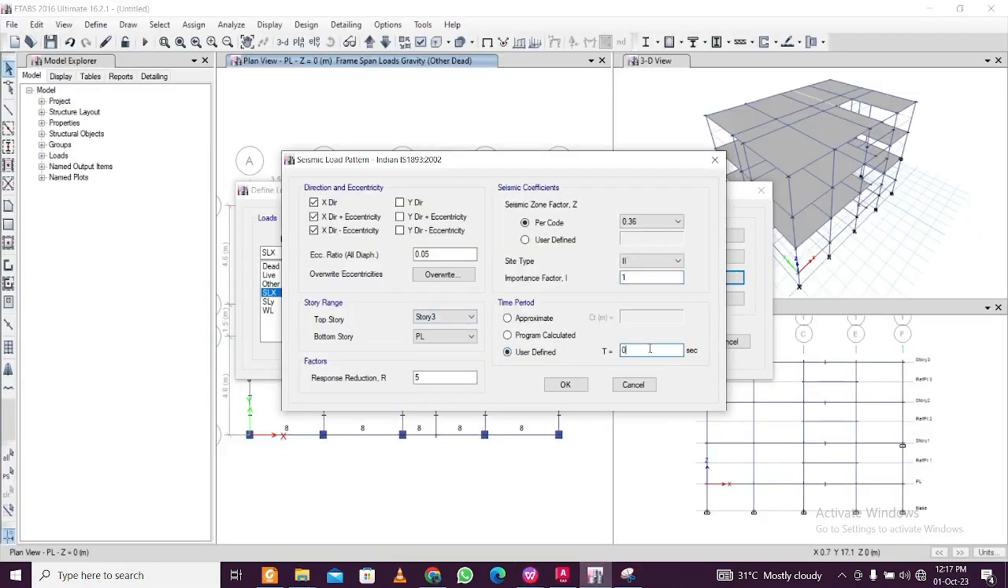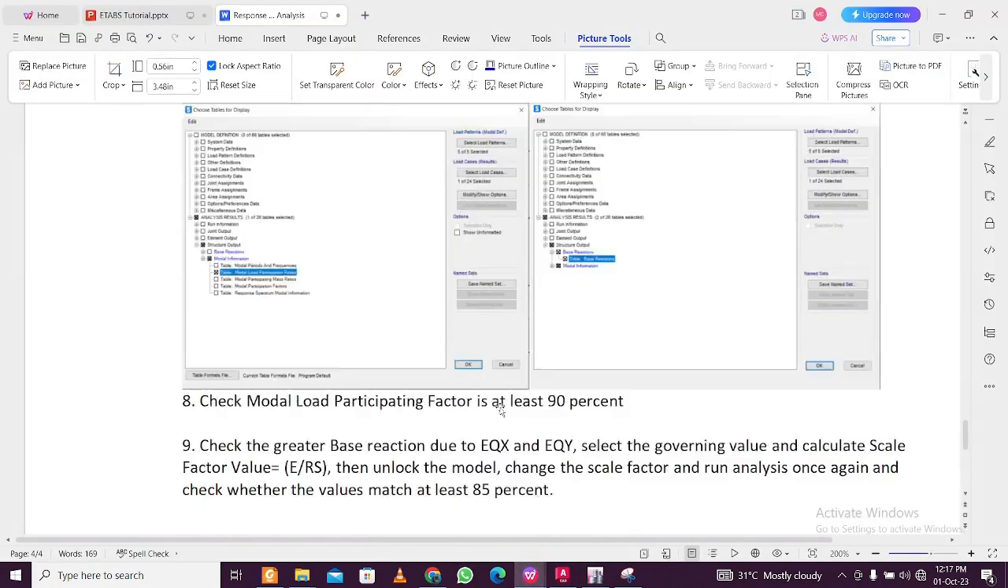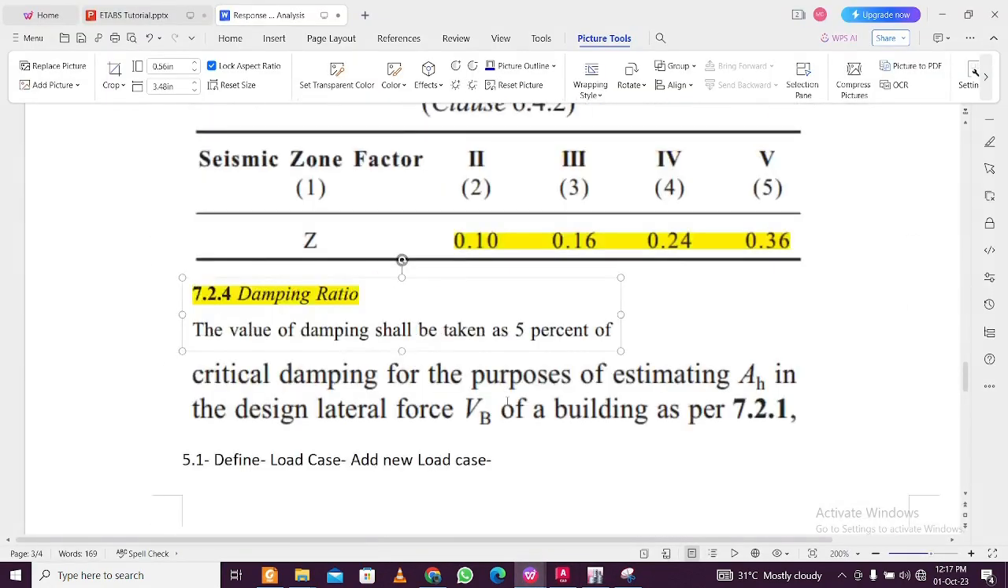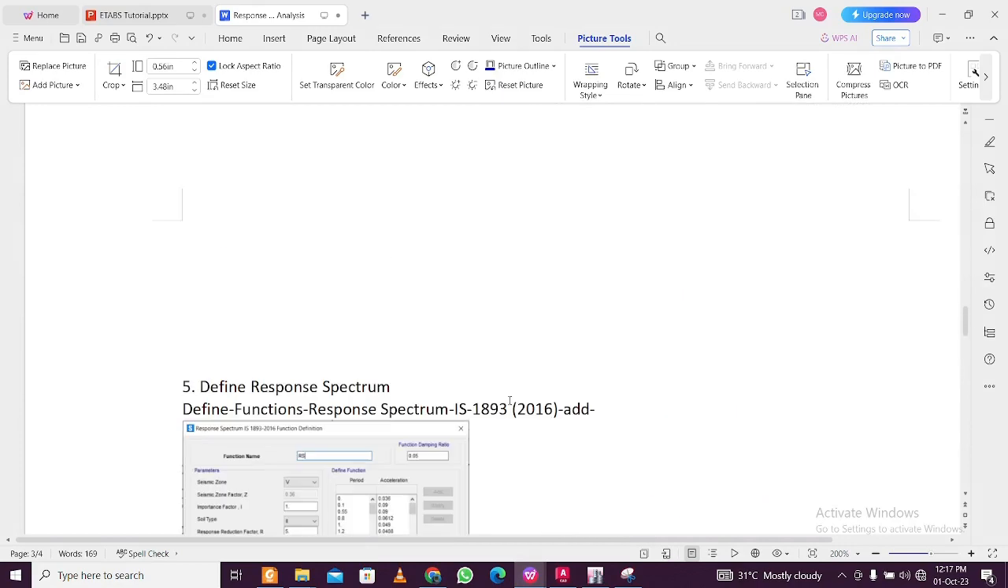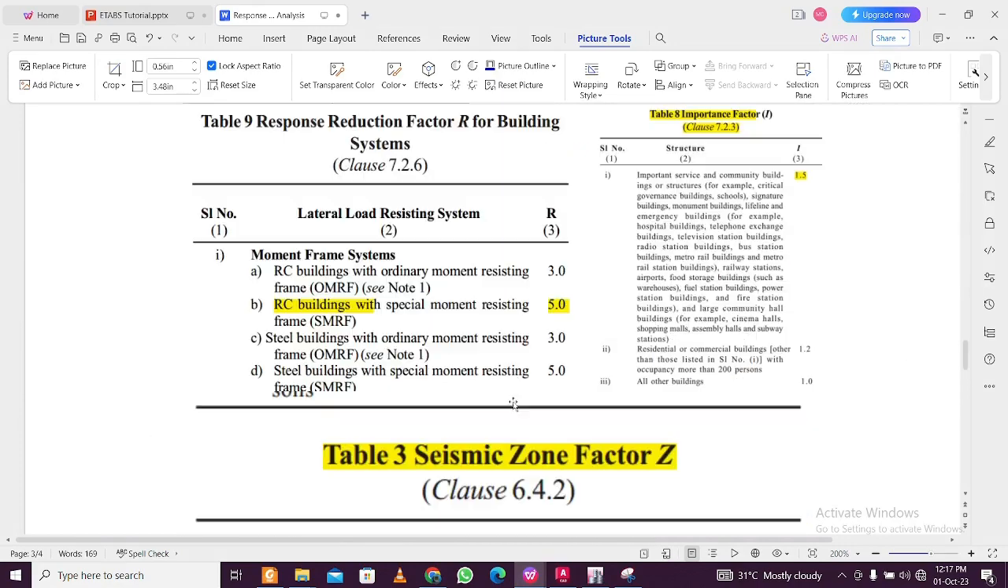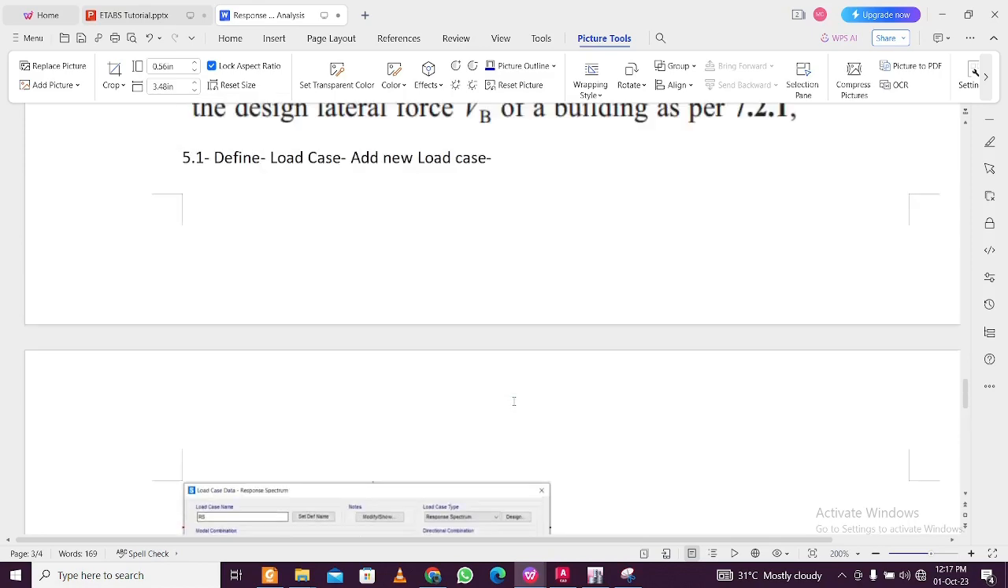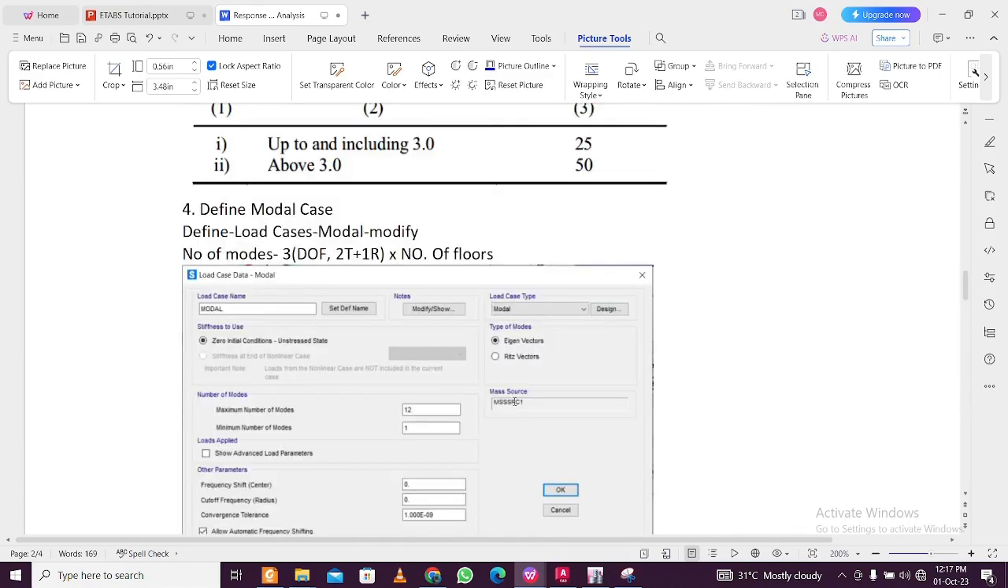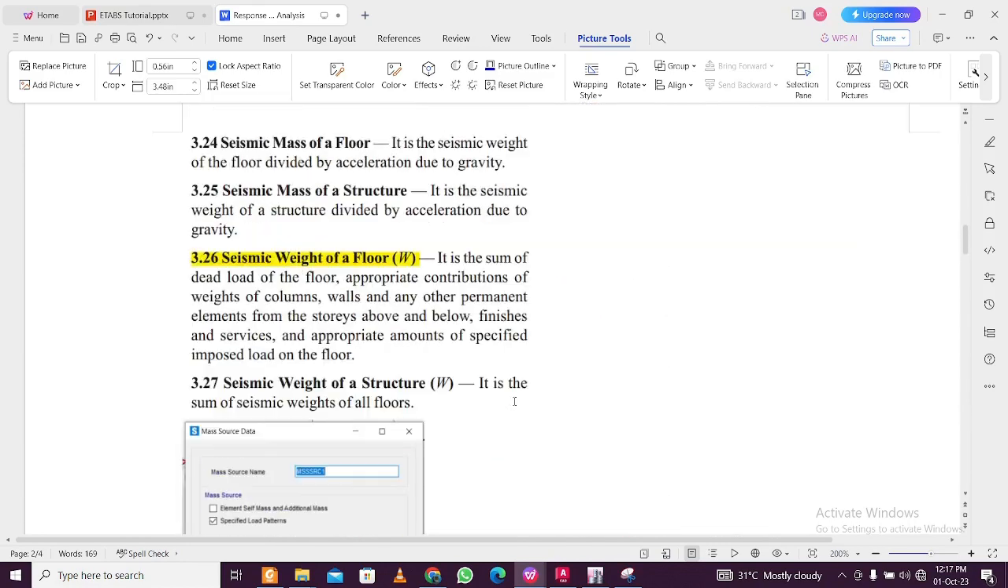And now finally the time period. So time period I'll show you as per the code. So this will help in the response spectrum analysis. Well, prepared this originally for the response spectrum analysis. So all this, if you do this properly in the static analysis, then in the response spectrum analysis it will